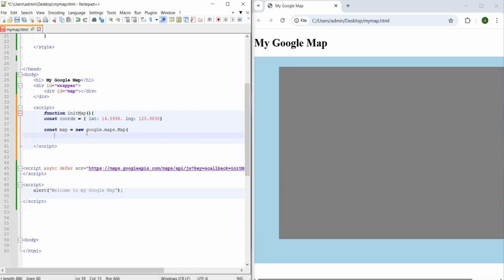So we need the code document.getElementById.